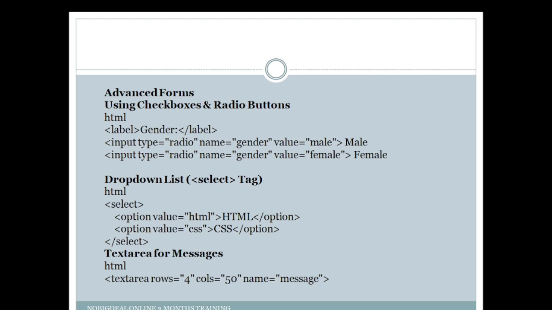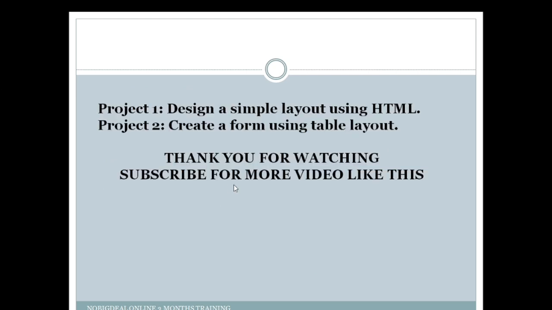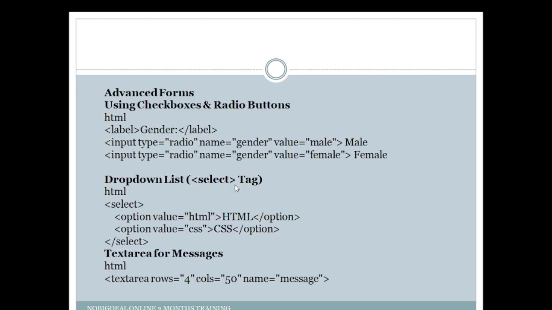Then text area, this is basically used for when you want to write a comment, you want to create a bigger space. This one too is different from select and is different from radio. In text area, you can create as many rows as possible. You can have plenty of rows depending on what you want the user to type as comment. So these are the advanced tags